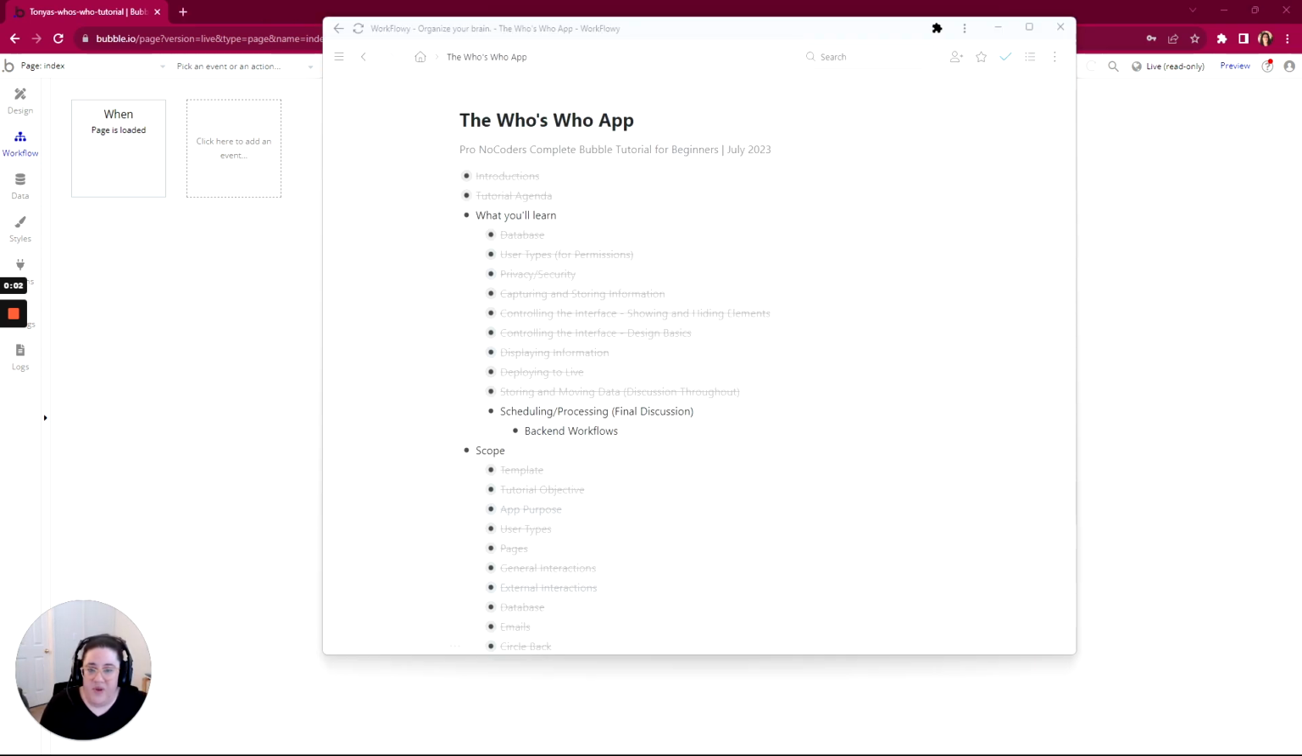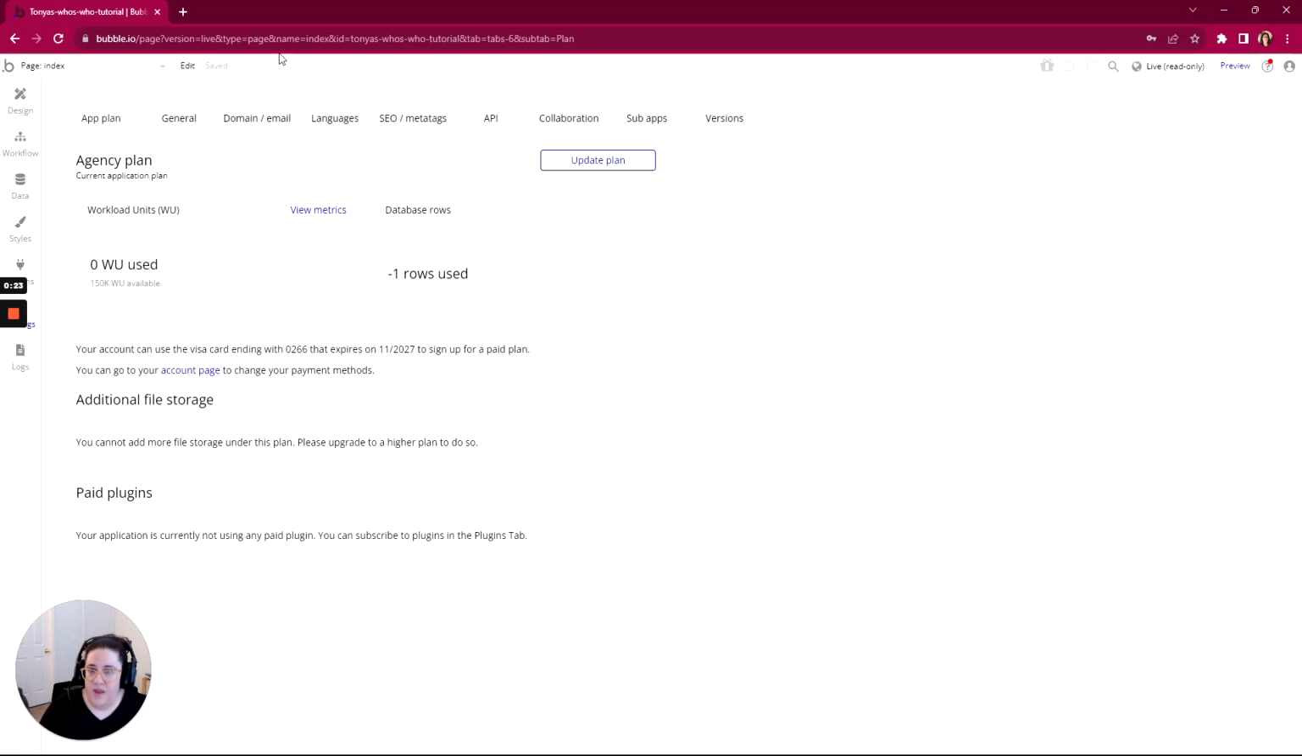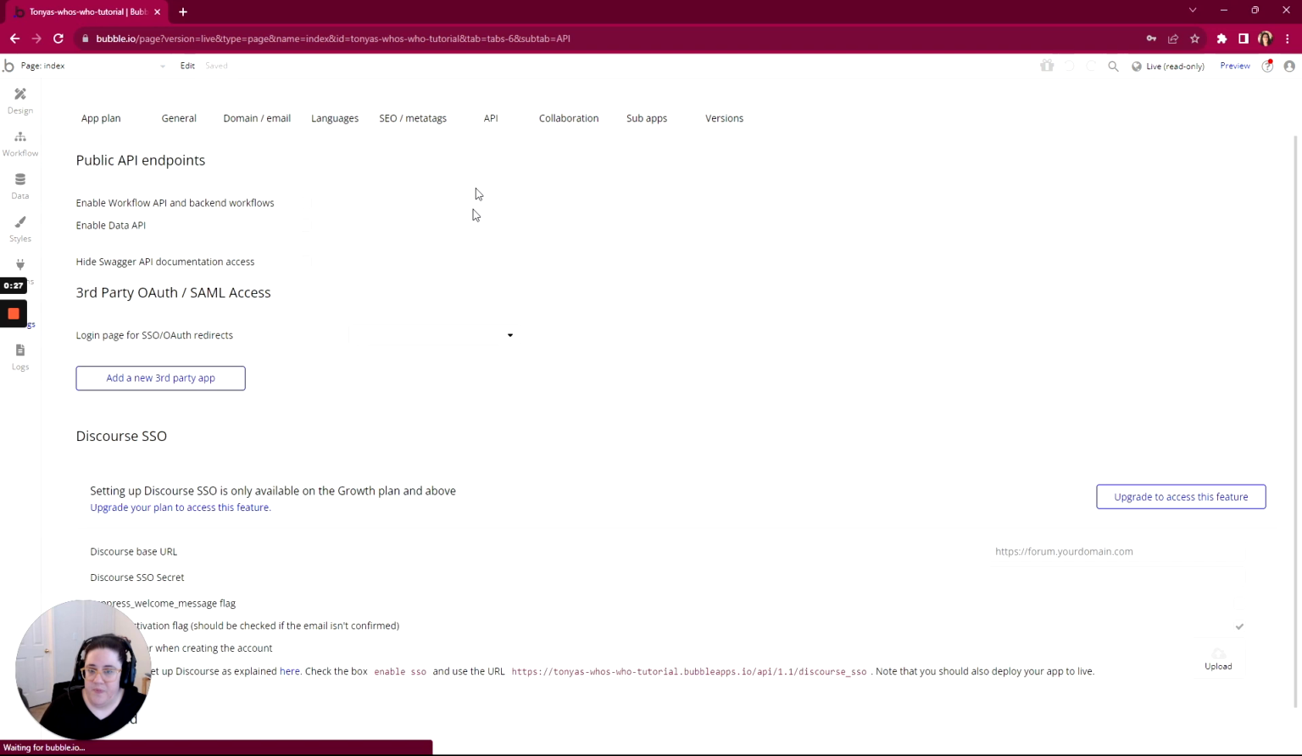So what do you do when you want to do something in the future when the user will not be on the page? Enter the backend workflows. It's not the only reason to use backend workflows, but it is a really good one. So if we go into our settings, and into where it says API here, you'll see a checkbox up at the top to enable workflow API